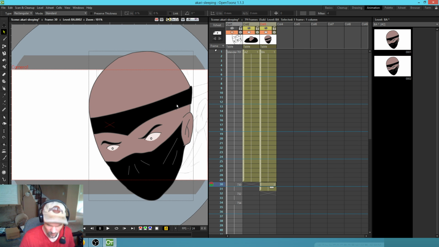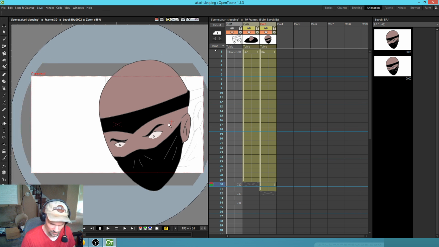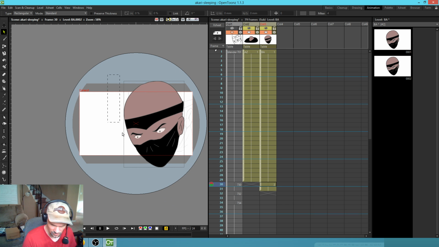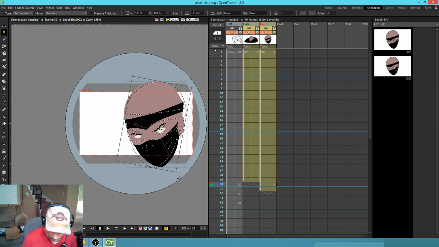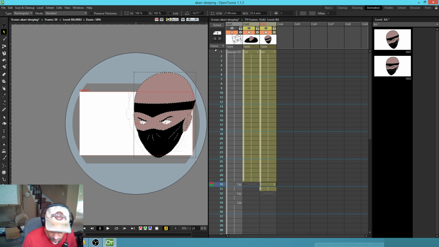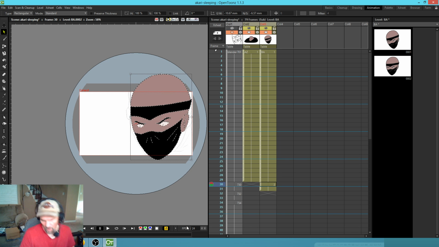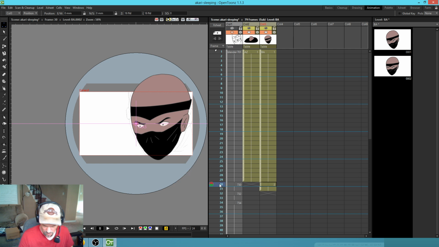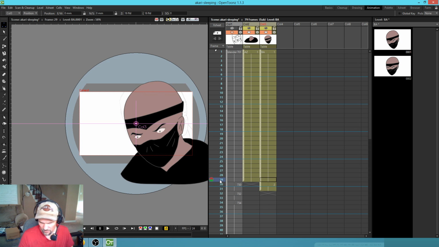Okay, it's just for this one pose. It makes more sense to just manipulate what I already did, as opposed to redrawing it. So to sort of make that match the guide pose, all we need, whoops, got to make sure we grab the whole thing. Okay, cool. So, okay, that worked. Okay, so now the problem is that